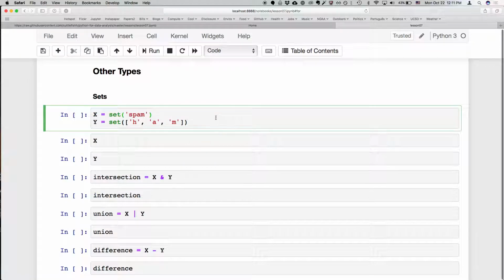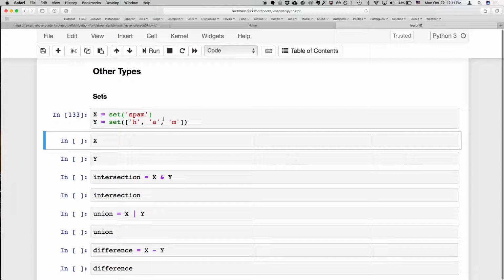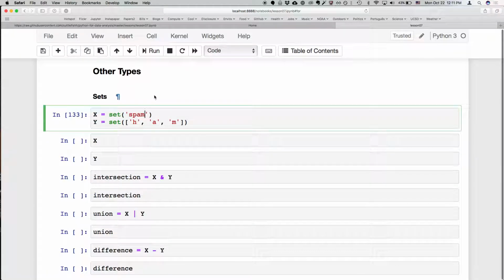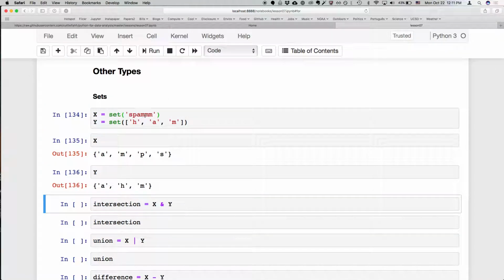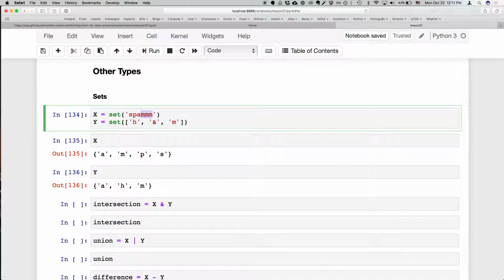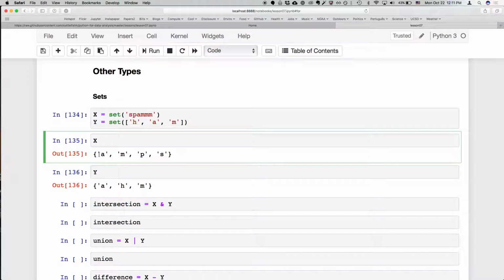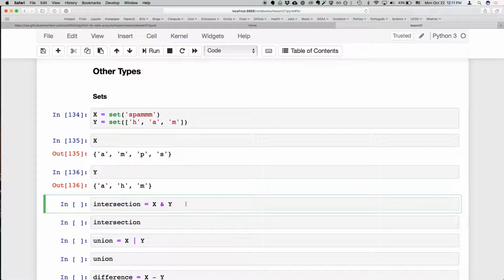Let's see if I can show you an example. So here, even if I have the letter M 3 times, I'm still just getting that letter in my set once. So I can also make a list. And then